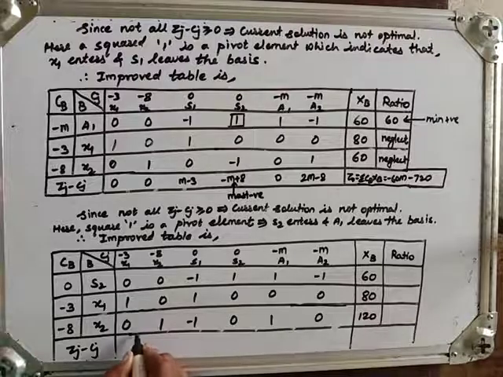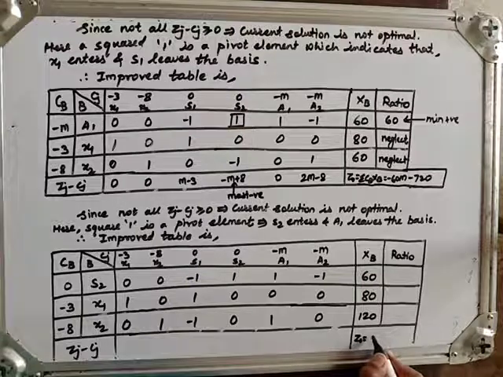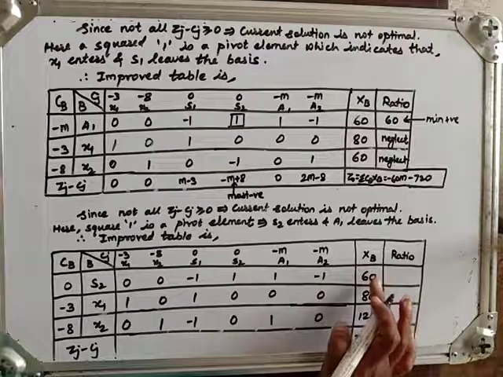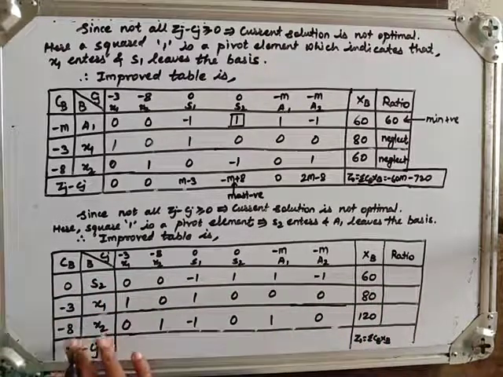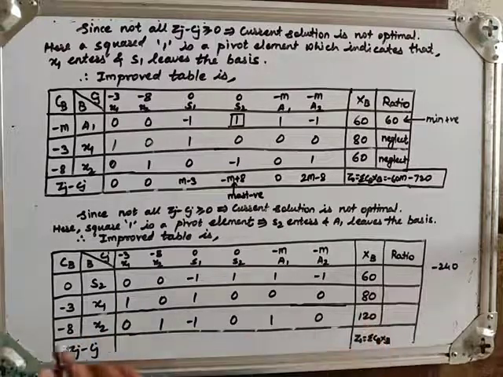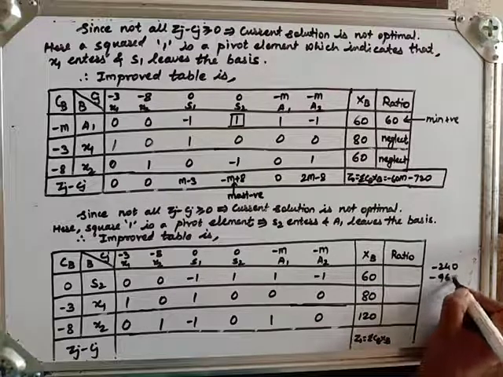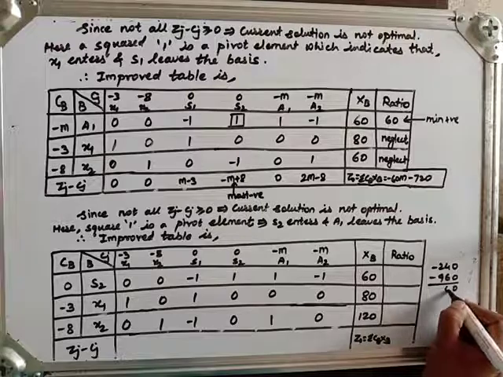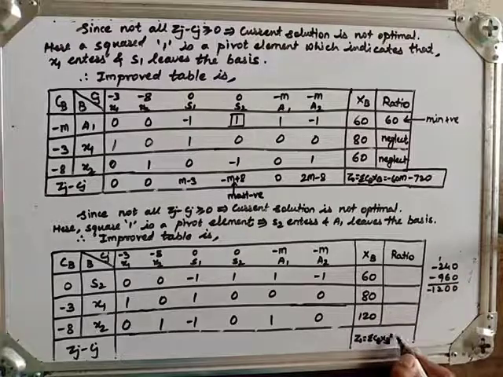Now let us check what are Zj minus Cj. Before, what is Z0? It is summation CB XB. So Z0 is 0, this is minus 240 and this is minus 240, and 12 8 96, so minus 960. So it is 0, this is carry. Now it is minus 1200. It is minus 1200. Okay.